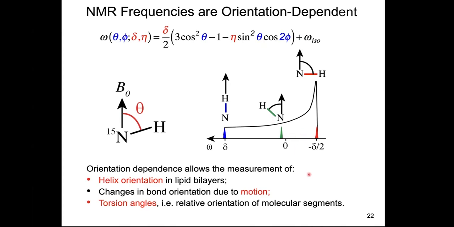So the orientation dependence of the NMR spectra of solids is what makes solid state NMR really special. These powder patterns contain a lot of structural information. And with this kind of orientation dependence of the frequency and powder pattern, one can really measure, for example, helix orientations of membrane proteins in lipid bilayers. One can study reorientational motions because basically reorientational motion is a matter of changing the bond orientation in the magnetic field. One can design experiments to measure torsion angles in molecules because torsion angles are nothing but the relative orientations